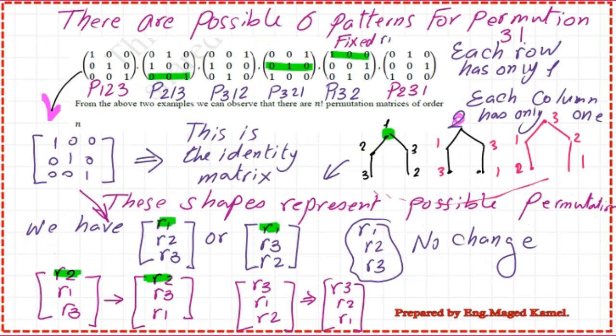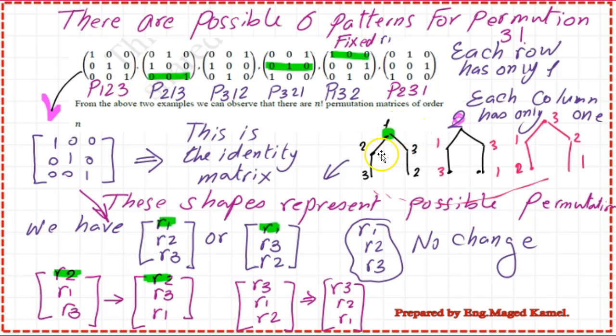In the next slide, we'll start to discuss the permutation matrix for a 3 by 3 matrix. This is the normal identity matrix. We call it B123. What are the possible patterns that a 3 by 3 permutation can have? We have 6 patterns. The first pattern is the normal one, 1 2 3 of the identity matrix. The first row is 1 0 0, the second row is 0 1 0, and the third row is 0 0 1. We have a diagonal equal to 1.